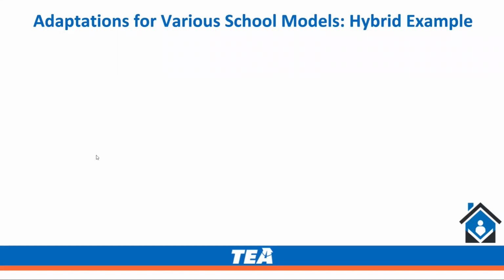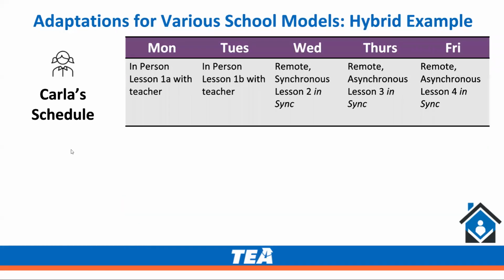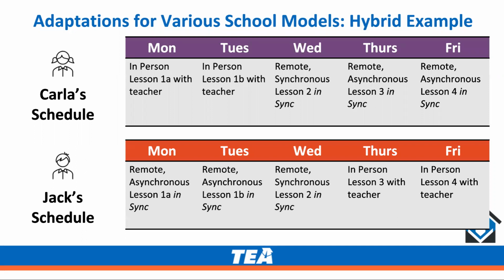I'm going to just talk a little bit about adaptations for various school models and talk about a hybrid example. So for schools that are choosing to go hybrid, we're going to look a little closely at a possible student experience using PhD Science TEKS Edition. This is an example for a hybrid model in which students attend school 2 days per week and learn remotely for the remaining 3. This is only an example and by no means the only way to use PhD Science